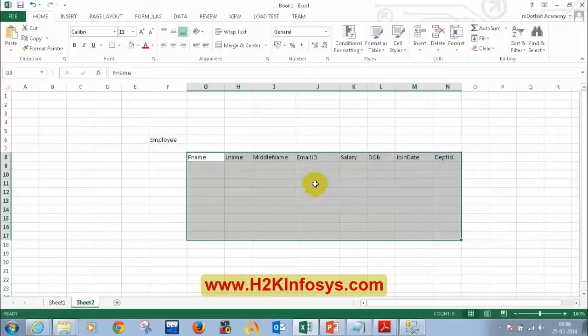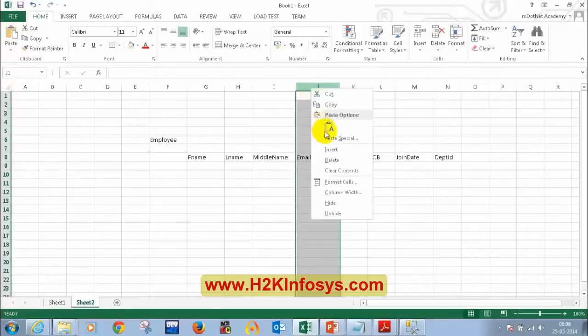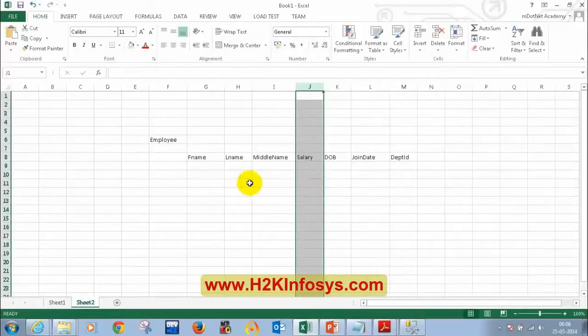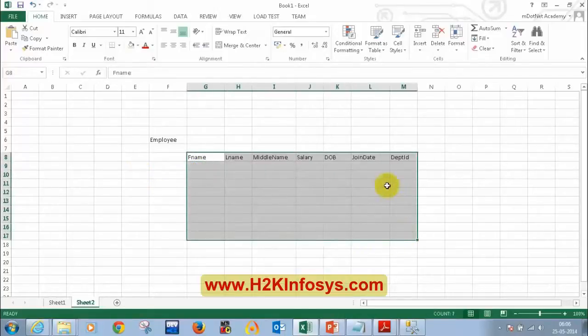Yeah. So I see response saying email ID. Perfectly right. Email ID will be unique for all the employees. So email ID can also be a primary key. Okay, so let me drop off this column as well. Now can you tell me which is the column that can play the role of primary key, which is unique for each employee? Which can be unique for each employee?